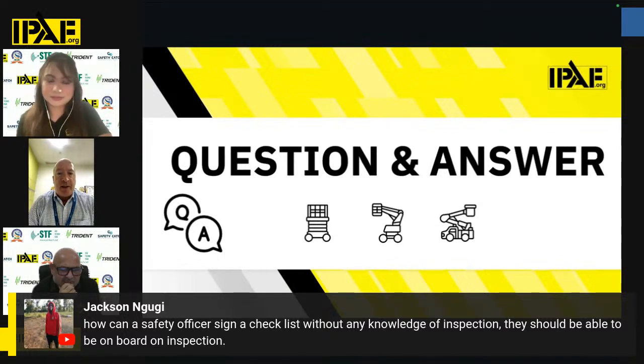The reason why the safety officer is checking is that he's actually checking for process. He's not checking for the detail around the inspection. So he's checking to make sure that the competent person is actually doing his job. That's the reason why that happens. So it's a countersign rather than doing the inspection himself. However,